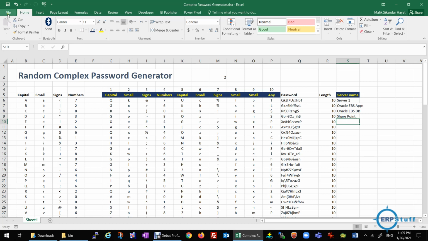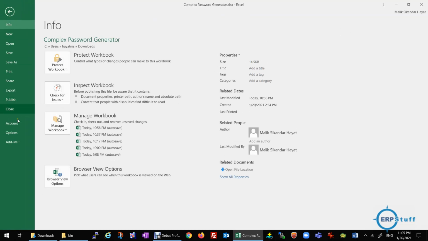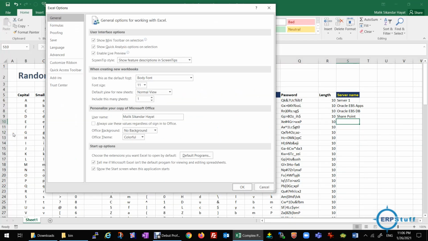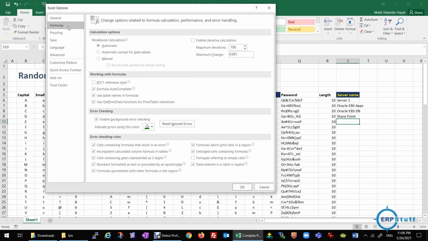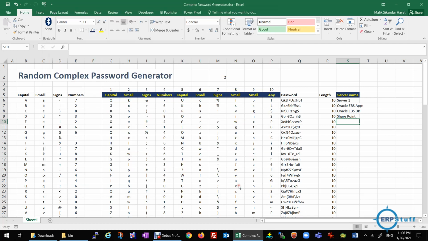Now, what I will do, I will go to File, then Options, and then go to Formulas, and if you see here on the top, the calculation for this file is automatic. So, I will set it to manual, and I will disable recalculate as well. So, until I specifically ask, do not refresh, right, and click OK.